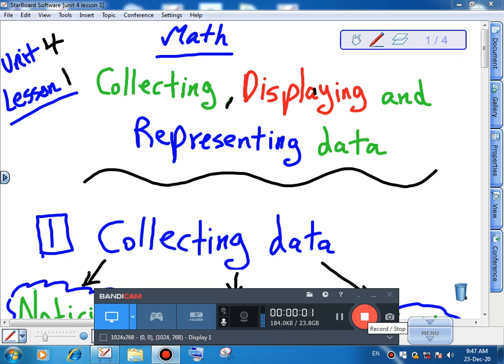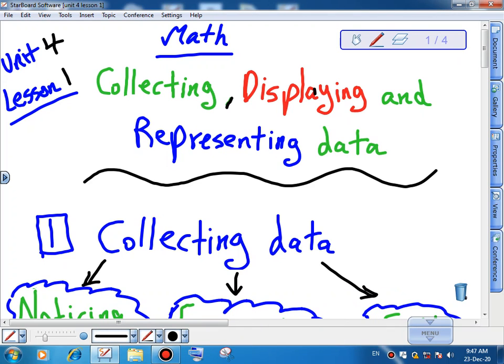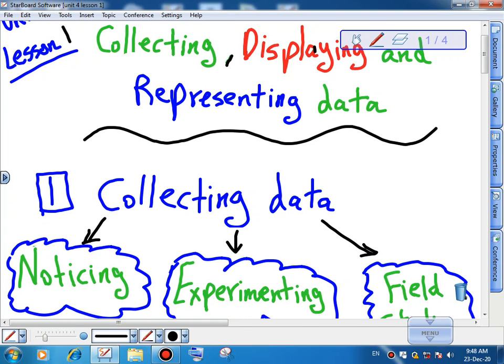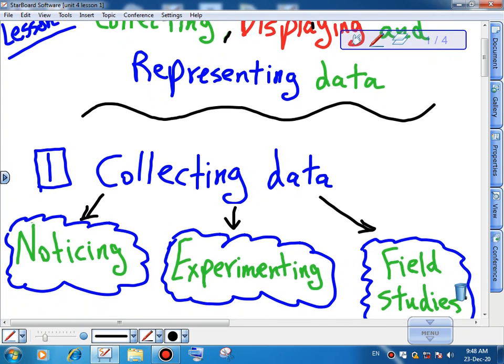Hello everyone, today we are going to learn the first lesson in Unit 4 Statistics, which is collecting, displaying and representing data. What's the meaning of data? Data is like information, knowledge about something. This is called data. Okay, so the first one, to collect information, collecting data, we have three ways